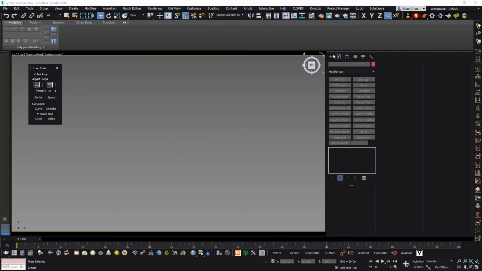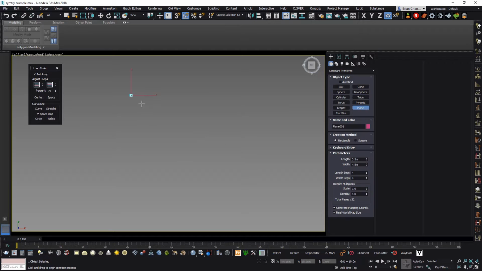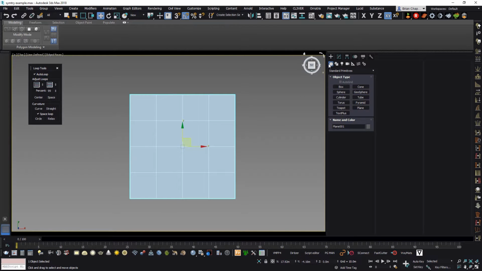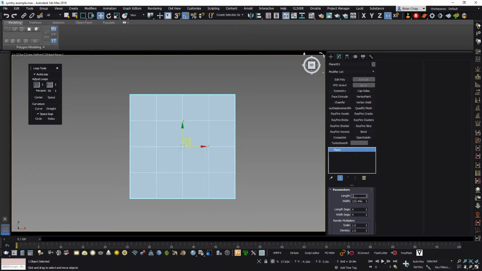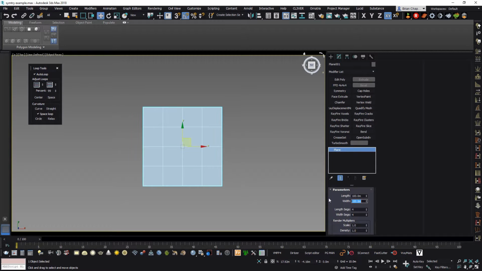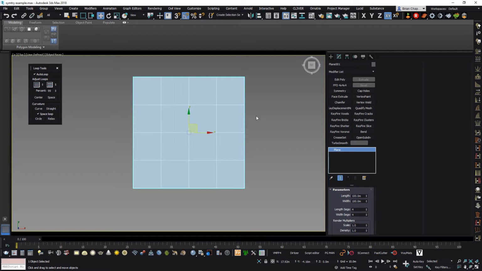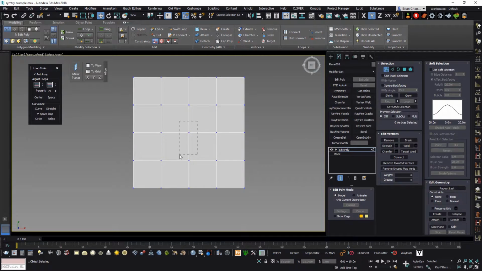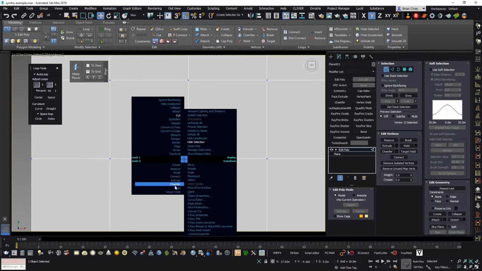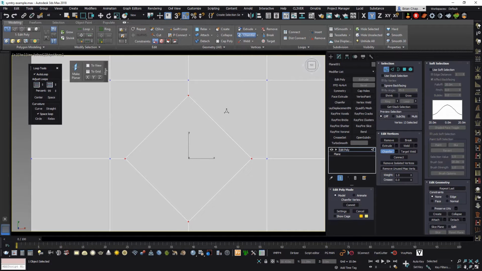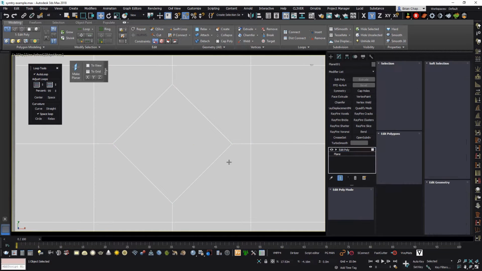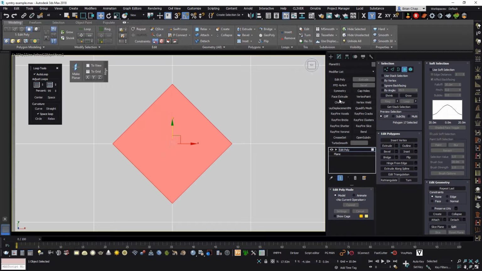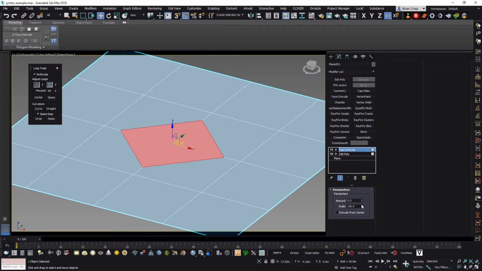Hey guys, this is just a quick tutorial demonstrating a few things in 3ds Max that I find really useful. So I'm just going to create a plane here to get started. Apply the Edit Poly modifier. I'm going to chamfer out this node here. There we go. And I will extrude this face down,